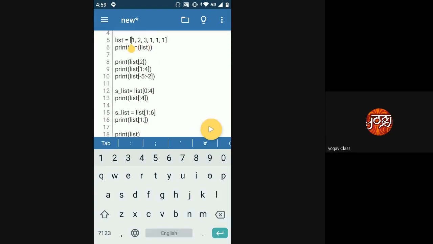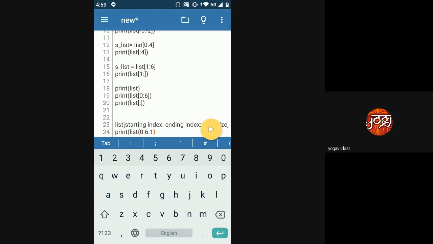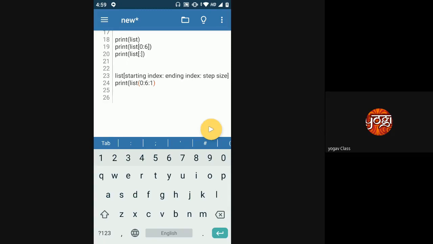Because the step size is 1, it has to go through all the steps, and in this case steps are elements. So here you have 6 steps. Clear what is step size? Yeah, ma'am.